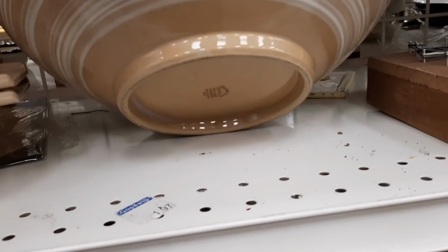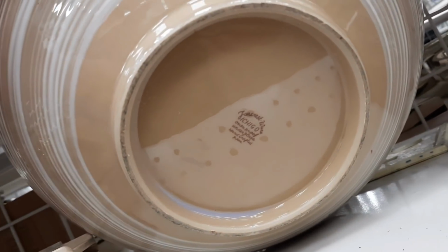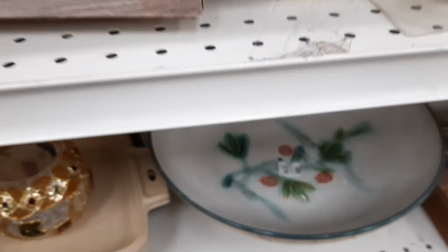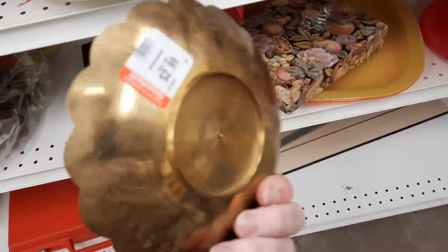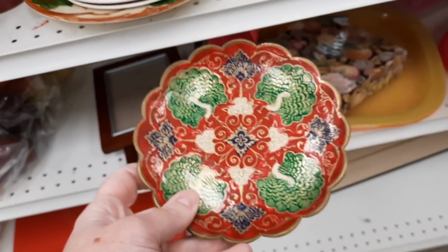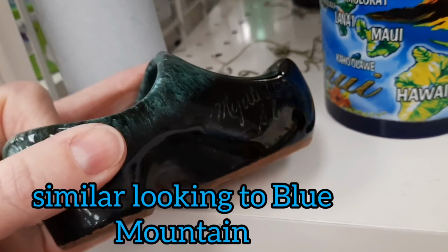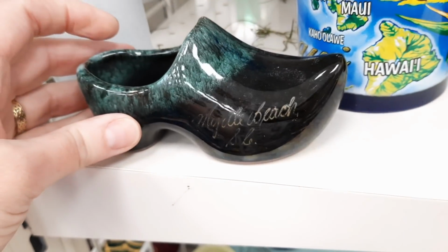And then there was this big bowl, and even though the bowl was big, I just wanted to see who made it. And so that is Farcrest Ware, and I liked the design on it, but it was way too big, so I was just being nosy. I wasn't going to pick it up. And here was a little enamel trinket dish, most likely made in India. It had lost its sticker. And then on an end cap, this looks like the pottery that's made in Canada, and it was a souvenir piece from Myrtle Beach